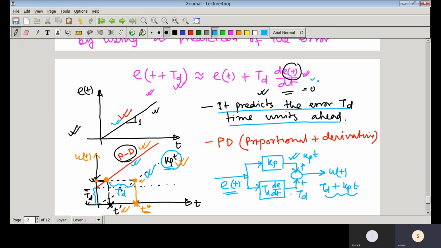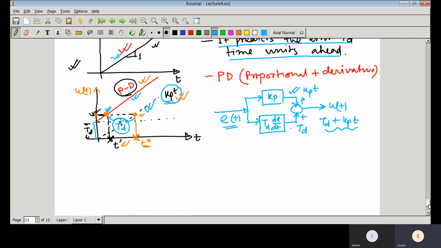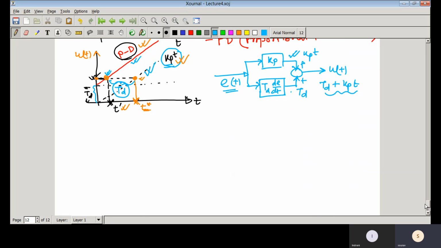Because of this particular control structure, the PD controller, proportional derivative controller, can generate the same amount of control input Td times ahead. So that is actually the beauty of this control structure. And as it anticipates,